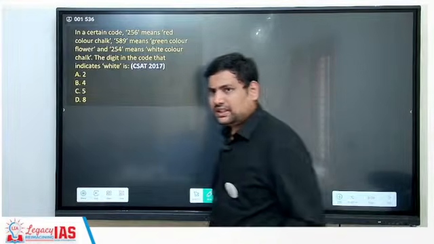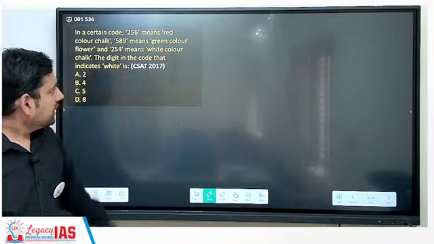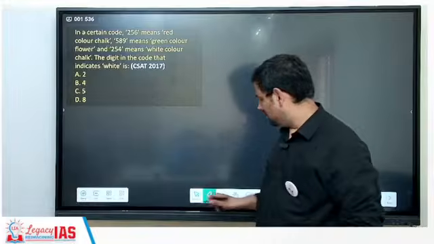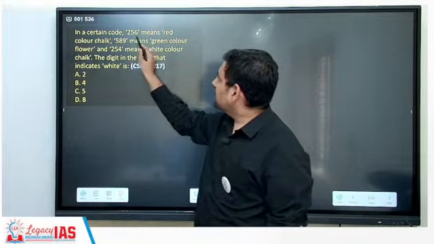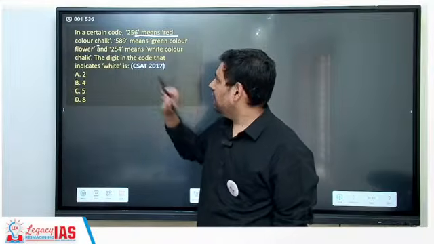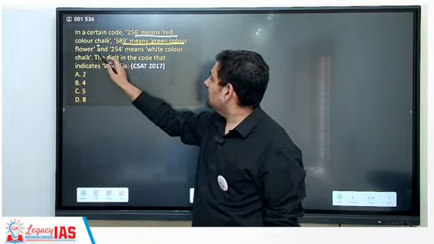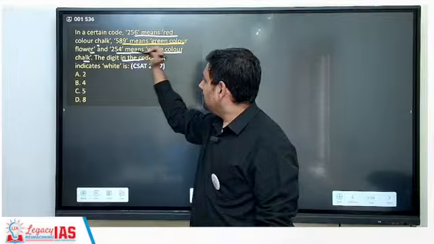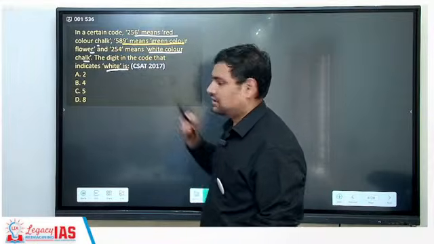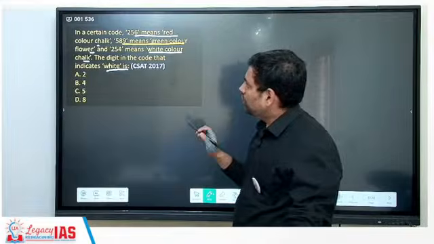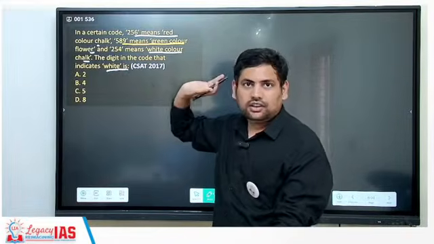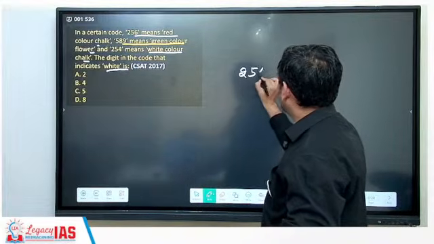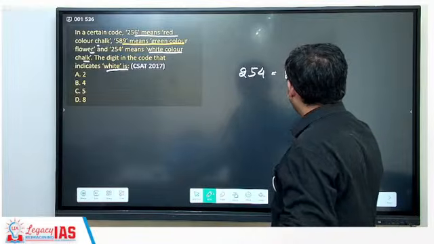Now see this. What kind of question is this? This is a direct replacement question. If you see it carefully, it says in a certain code, 256 means red color chalk, 589 means green color flower and 254 means white color chalk. The digit in the code that indicates white is. First thing, you mark the sentence which has white. From that only you can get the value of white, correct? So I write it: 254 is equal to white color